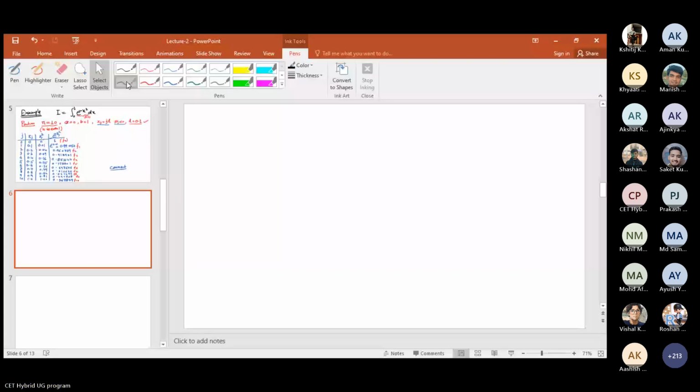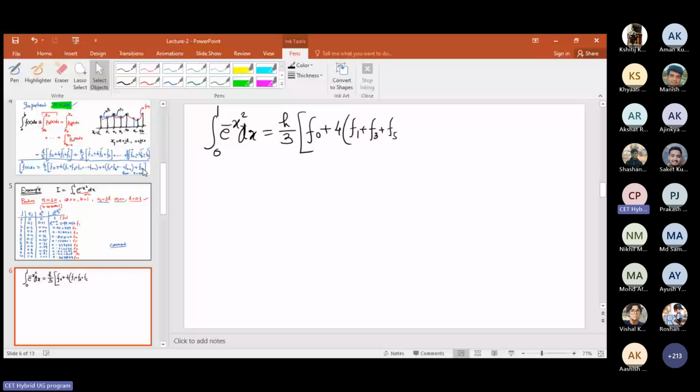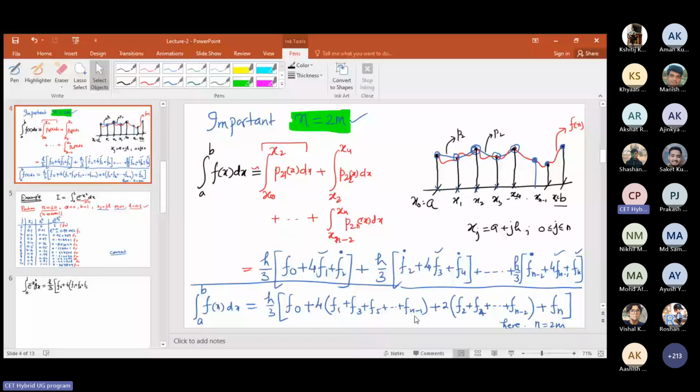Integration from 0 to 1 e raised to power minus x square dx, ये वैल्यू हो जाएगी अकॉर्डिंग टू दैट फॉर्मूला h/3 [f0 प्लस 4 टाइम्स (f1, ऑड वाले सारे आ जाएंगे, f1 f3 f5)। देखो कहां तक वैल्यूज आ रही थी वहां पे, fn-1, n आपका क्या है 10, तो इसका मतलब यहाँ पे जो वैल्यू आएगी वो कहां तक आएगी 10-1, that is 9। उसी तरह से ये कहां तक वैल्यू आएगी 10-2, that is 8, और लास्ट वैल्यू आएगी f10। बहुत ध्यान रखना है ये वाली चीजों का, otherwise mistake हो जाएगी।